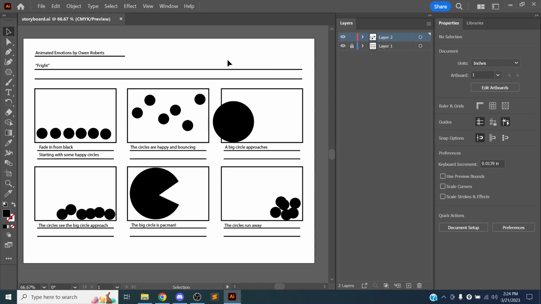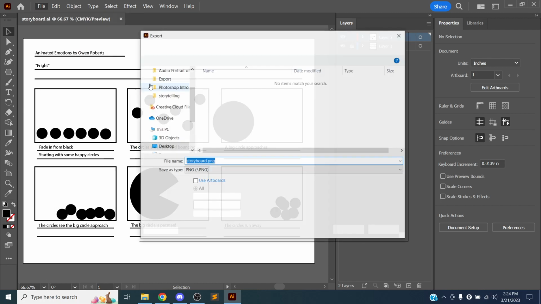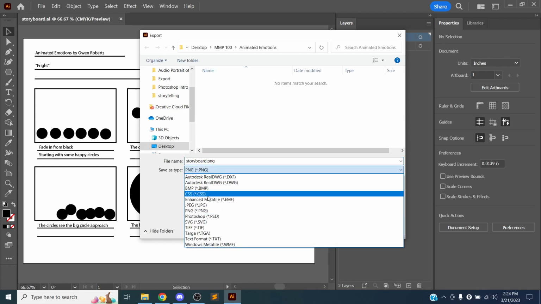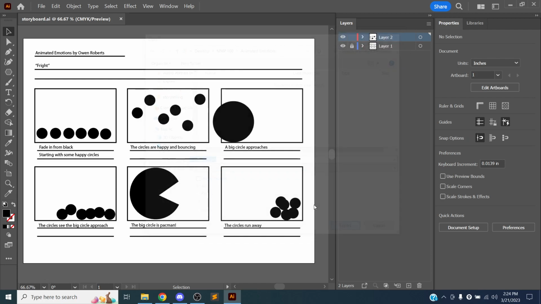Of course, if you prefer, you can use Photoshop. You could also just print it out and draw on it and take a photo and upload it. That's perfectly fine as well. But now I have this storyboard that I can work with. I'm going to go ahead and export a JPEG. I go to export as, so that way I don't have to open Illustrator if I want to look at this. So I'm just going to click export,